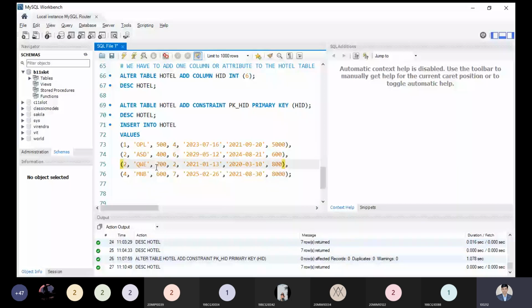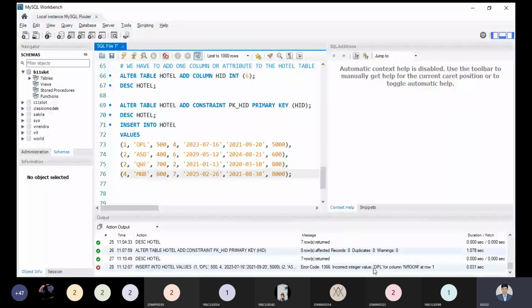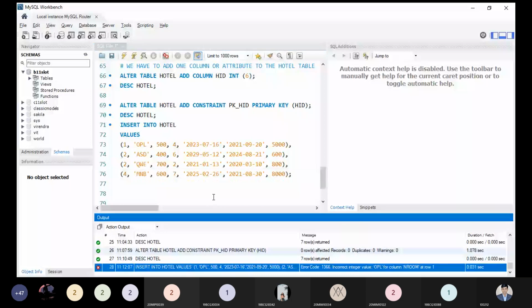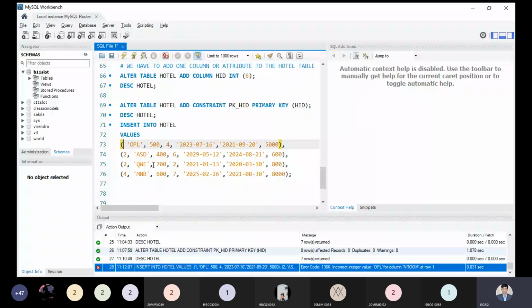Now let me execute and see the result. Now you can see incorrect integer value over the column room number. Hotel ID was added at the last. Okay, so I need to update this one. That was the reason.